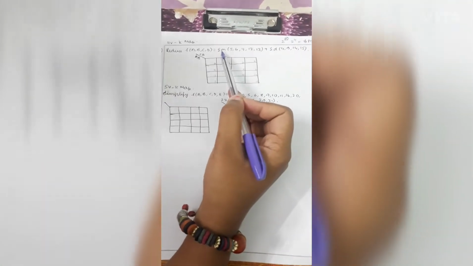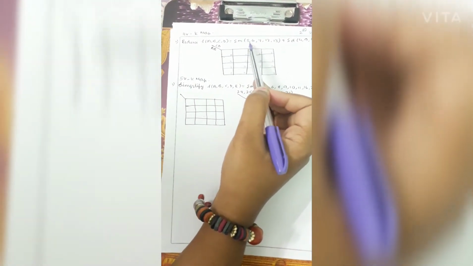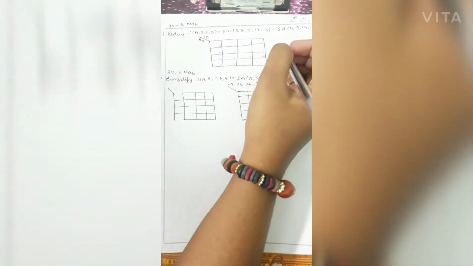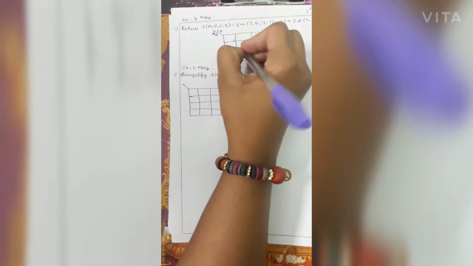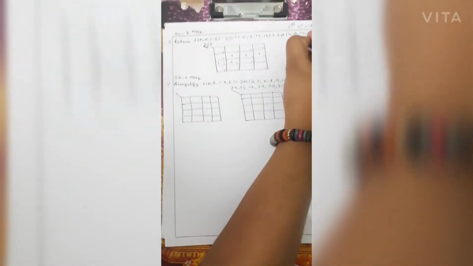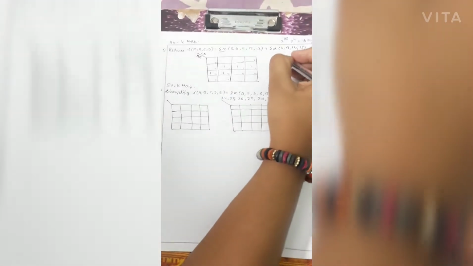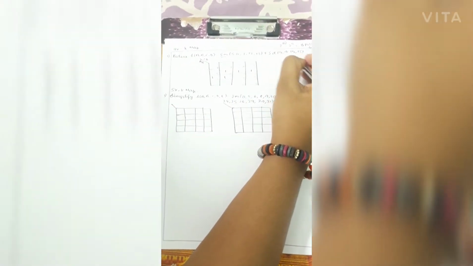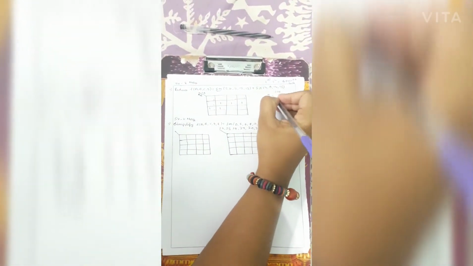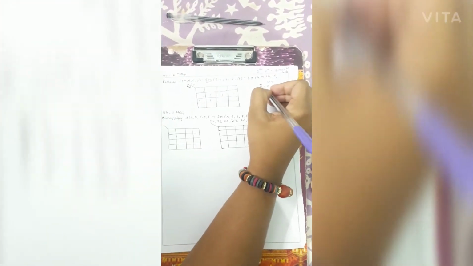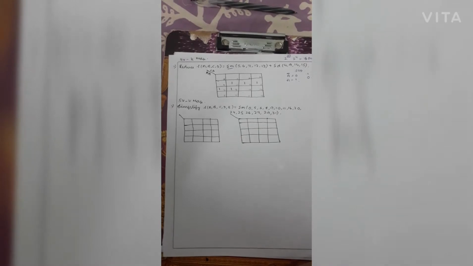So now coming to the question, it is very easy. It says it is summation of the minterms 5, 6, 7, 12 and 13. So let me put 5, 6, 7, 12 and 13 as minterms. As it is a summation of m, it is an SOP form. In an SOP form, if a term is present, we put it as 1. If a term is absent, we put it as 0. And a term in its complemented form is represented as 0 and a term in its uncomplemented form is represented as 1, as I already told in the previous video. If you did not check the previous video, please go through that video first. The link is in the description.